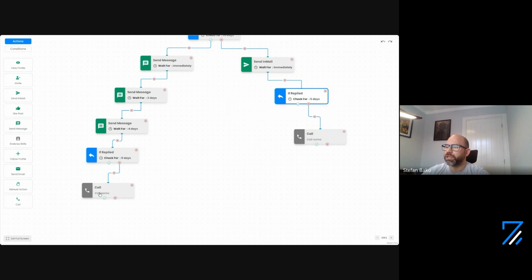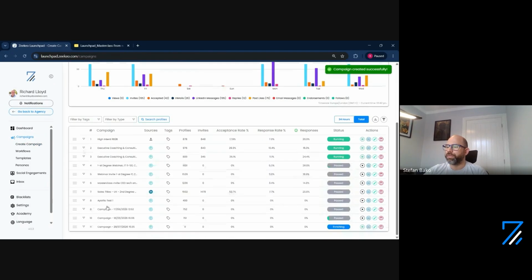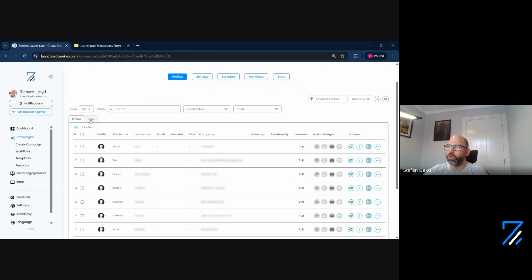And then I will rename this as, my mouse is playing around. Let's have a look here. Just the other one. So I'm going to rename it call first degree. Okay. And then I'm going to rename this call second degree, or call email, whatever I'm going to use in email. Okay. Now, once I create the campaign